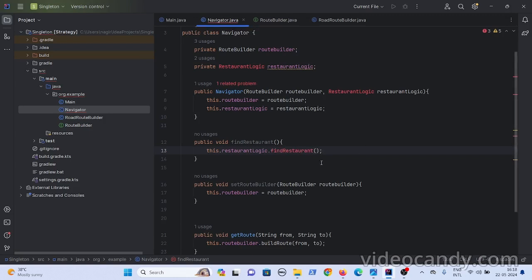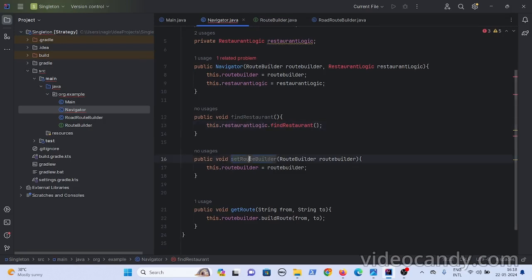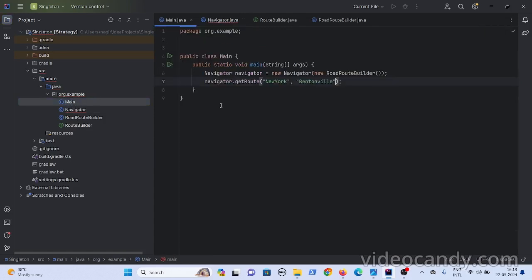Now one more thing you observed here is I have done this set route builder also. This strategy pattern allows you to change dynamically as well. What I mean is, let's say initially I have preferred pedestrian route. While creating the main class itself, I have used here pedestrian route.